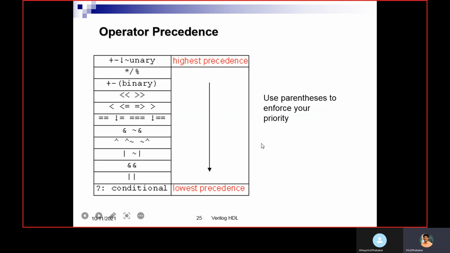If you want to enforce your priority, you can use parentheses, so that it will happen first, then it will go to the next. The remaining